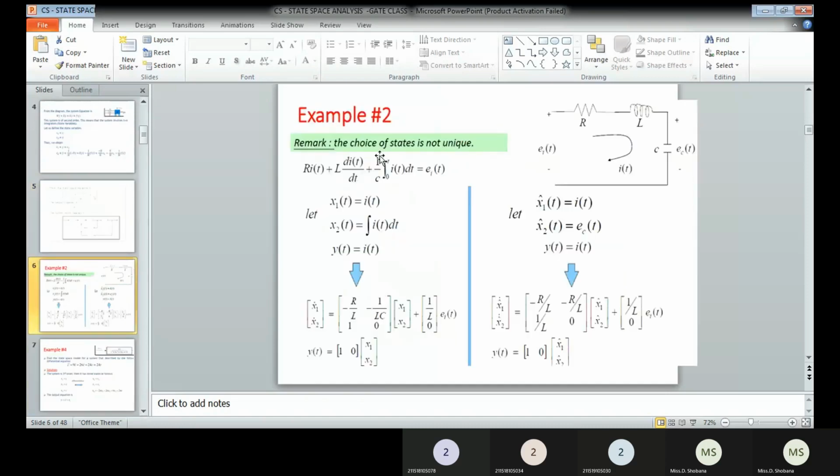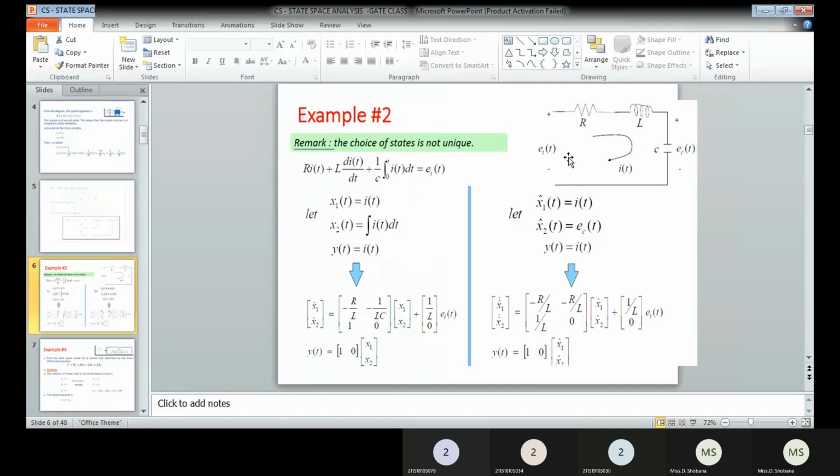So then we can go for the next system, that is the electrical system. So here, for the electrical system, you can write the differential equation by using Kirchhoff's laws, Kirchhoff's voltage law and Kirchhoff's current law. Depending upon how the electrical network is given, you can use Kirchhoff's voltage law or Kirchhoff's current law.